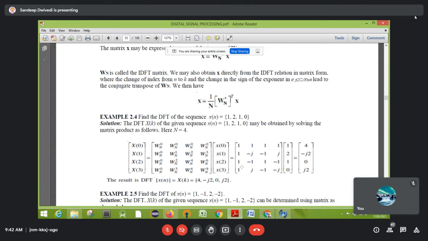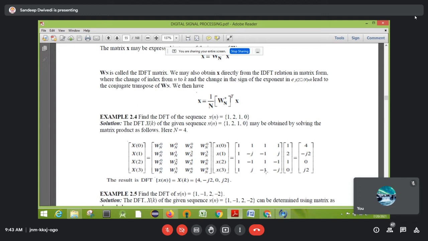Okay. Once again, I am repeating what I am trying to say. See here, first column is 4 times 1. Then the third column is also 4 times 1. Then the second column is 1 j 1 j, and then the fourth one is 1 j 1 j. After that, sign convention you have to remember. In the second column, the middle terms will be negative. In the last column, the last terms will be negative, and in the third column, one element you have to skip and then apply the negative sign.